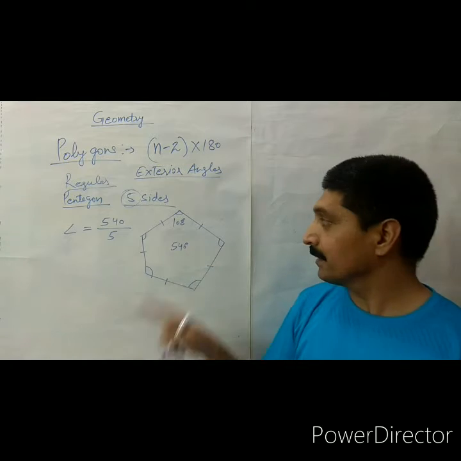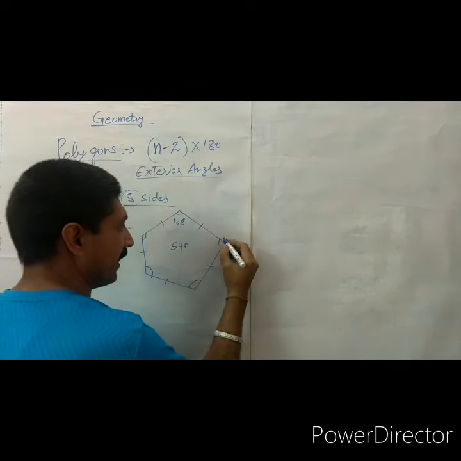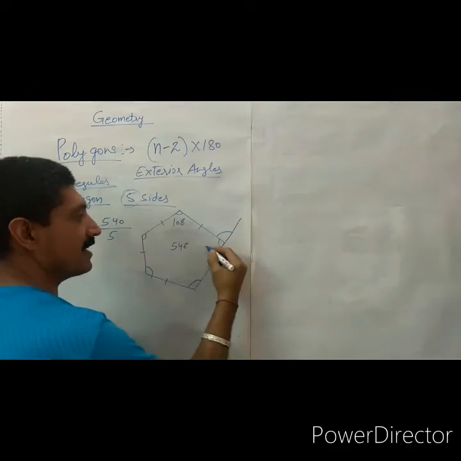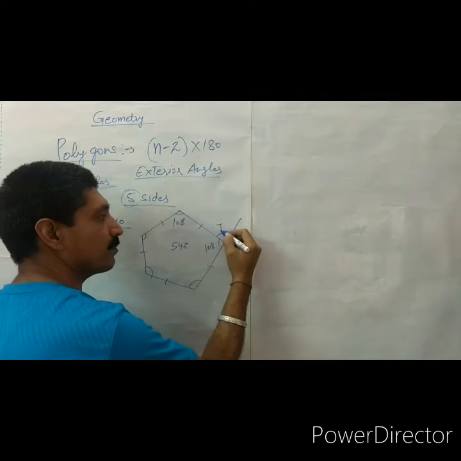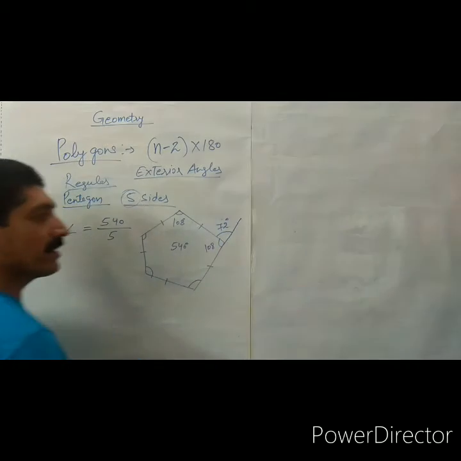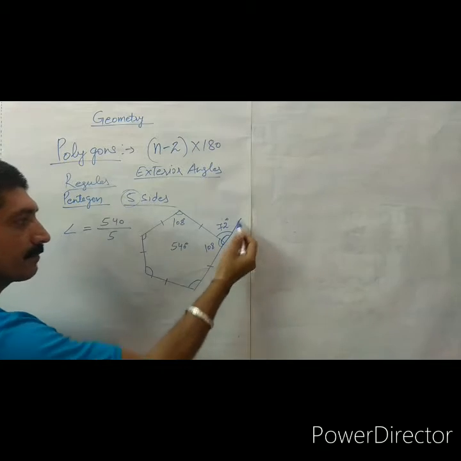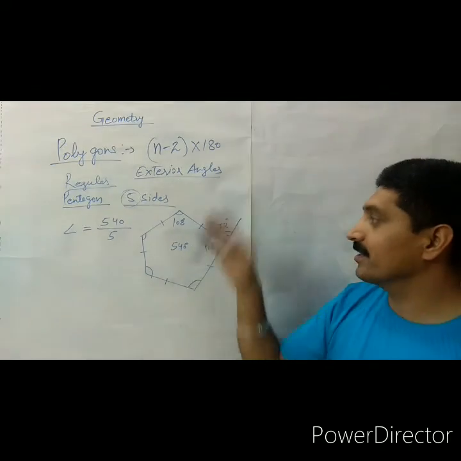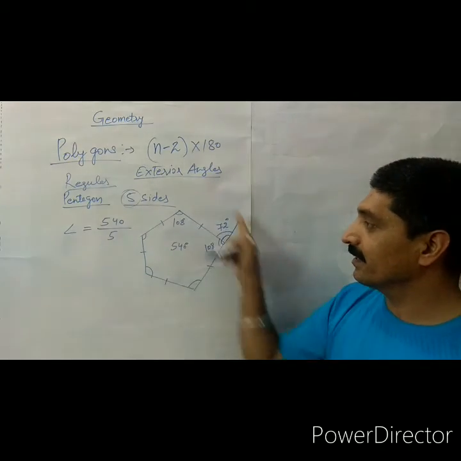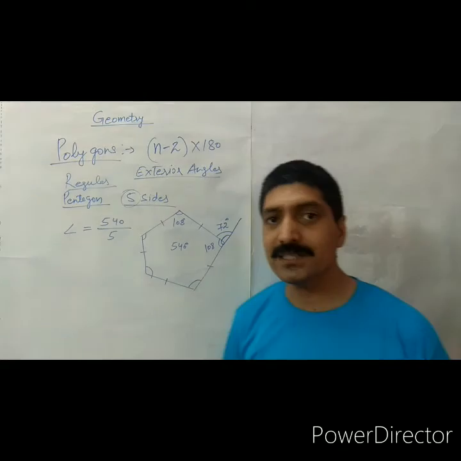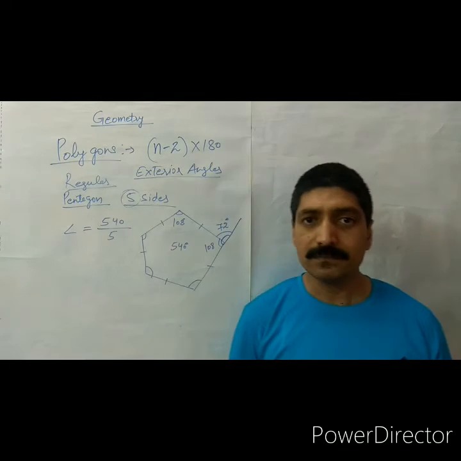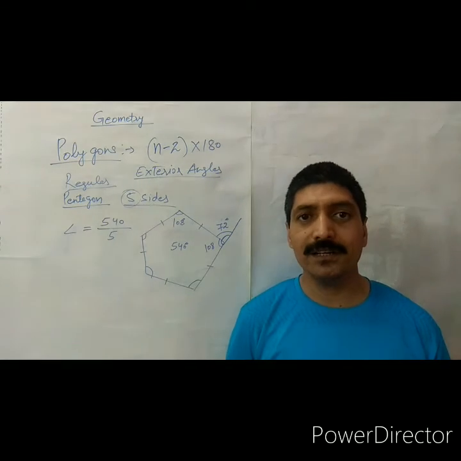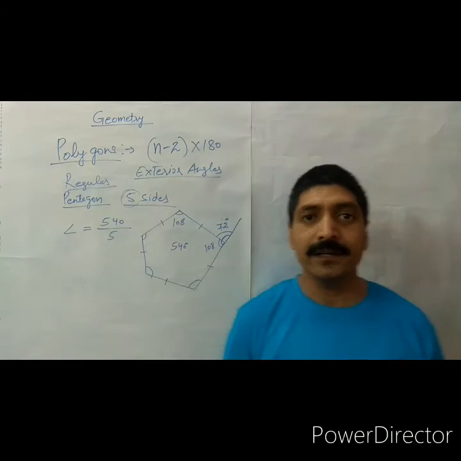And the exterior angle: if this angle is 108 degrees, now this angle is the exterior angle. If this angle is 108 degrees, this angle is 72 degrees because of the linear pair of angles. This also applies to the exterior angles, because the sum of the exterior angles of any polygon is always 360 degrees. Now we will discuss the smallest polygon, that is the triangle with 3 sides, and in detail